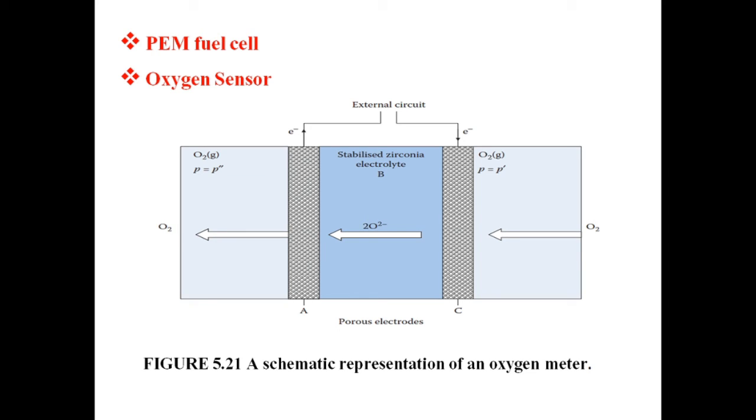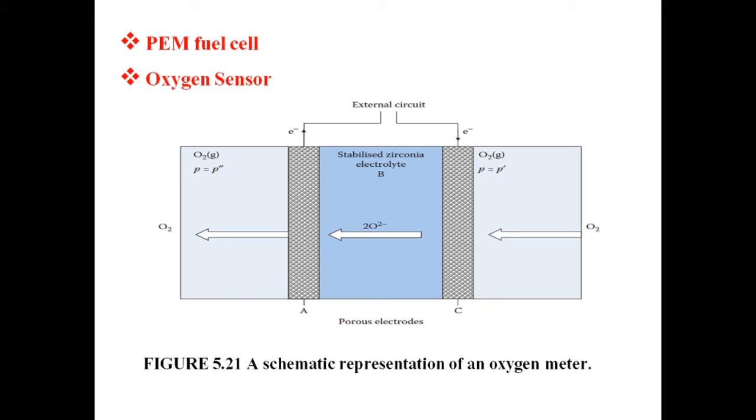Gas pressures tend to equalize if they can, and so if P' is greater than P'', oxygen ions, which are able to pass through the stabilized zirconia, tend to pass through the solid from the right hand side to the left. This tendency produces a potential difference because ions are charged, indicating that oxygen is present in the sensor, and measurement of this potential gives a measure of oxygen pressure difference in the oxygen meter.